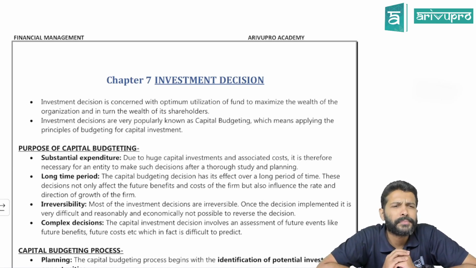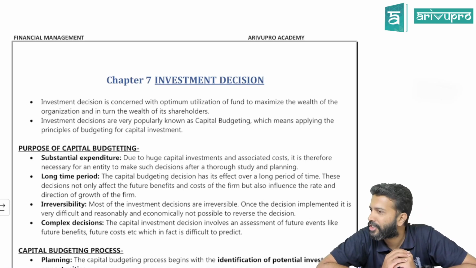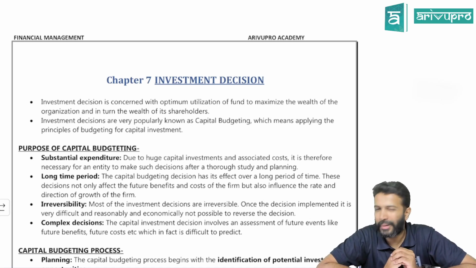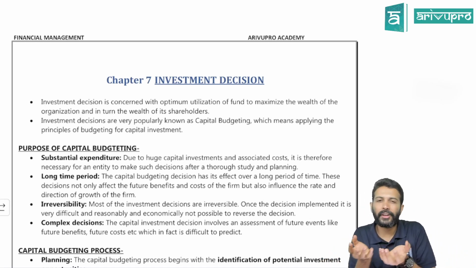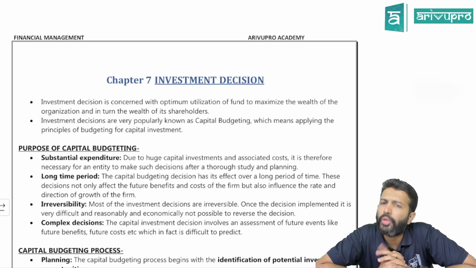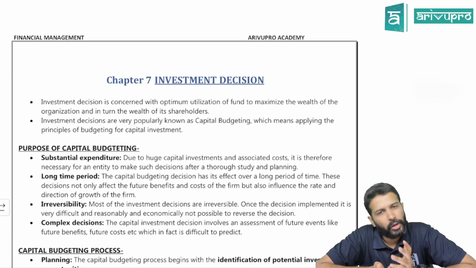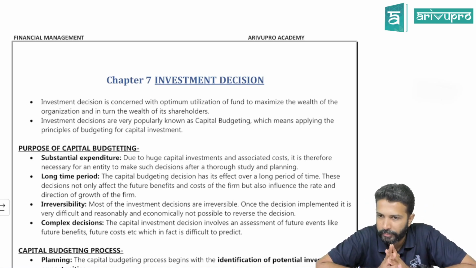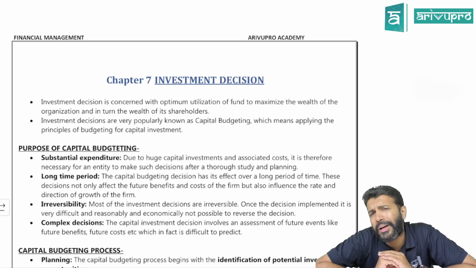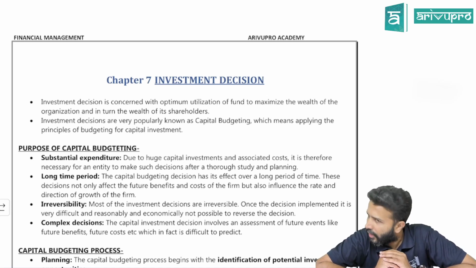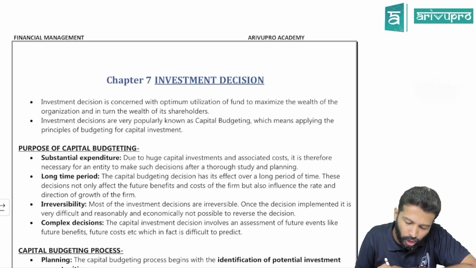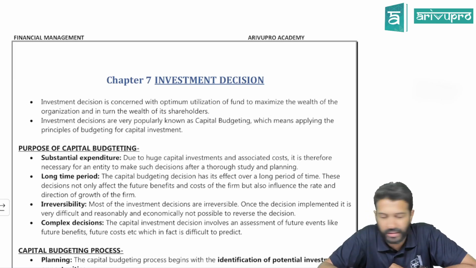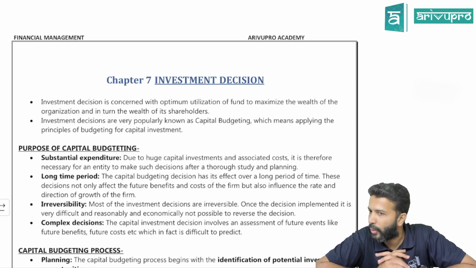Investing decision means we have discussed this initially when we did where to invest. Basically, whenever you want to do a project, to do that project you need money. To raise the money you can either issue equity shares, preference shares, a debt or retain earnings or whatever. So after raising the money, will you keep the money idle or will you invest it? Invest it. Okay. So where to invest, how much to invest, if you have multiple projects, how to select them, etc., gets covered under investment decisions.